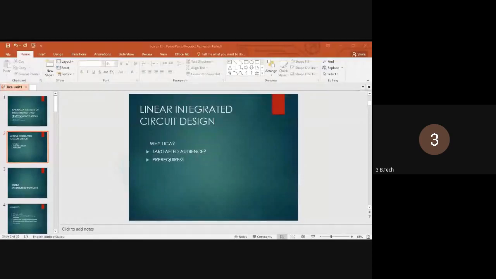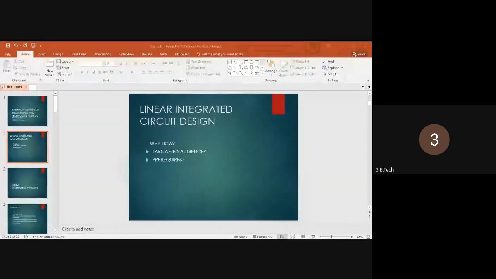So if you provide a high signal in input, what will happen? Obviously, in output, it will invert by 180 degrees. I think we have found this type of application in the ECA lab, electronic circuit analysis lab. If a sinusoidal input is given, what will happen? The output will obviously shift by 180 degrees.